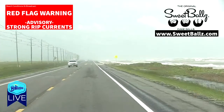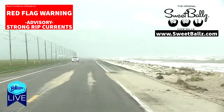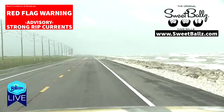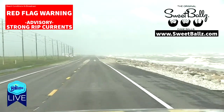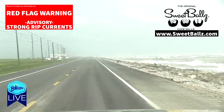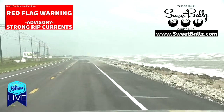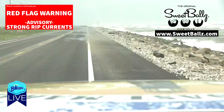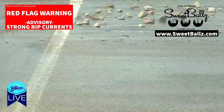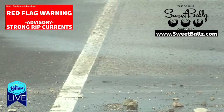Not only are you dodging pieces of wood and trash that may wash up, but then you're also dodging these up to baseball size rock. Now you can see it along the highway here, and you can see where it's washed up on the road a little bit down here. And this is mainly sand that it looks like they've cleaned off the highway there a little bit, and they have cleaned the gravel off. But I've got a vehicle behind me, and I'm gonna let him go past it, and we're gonna zoom in and let you see what this is. In fact, there's some right here in front of us. Now you see these rocks. This morning the road was covered in this. Now imagine if